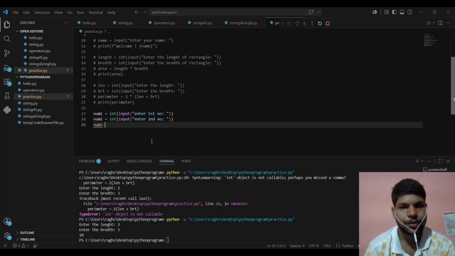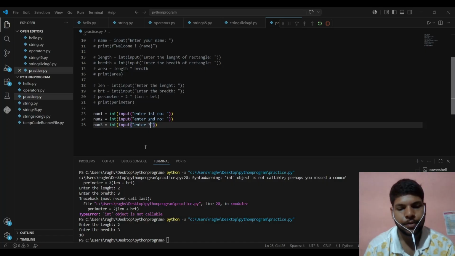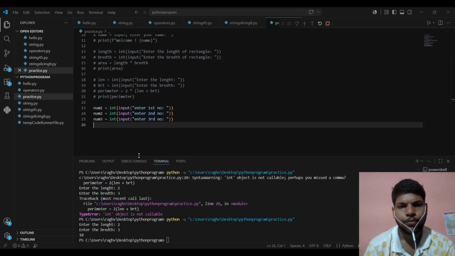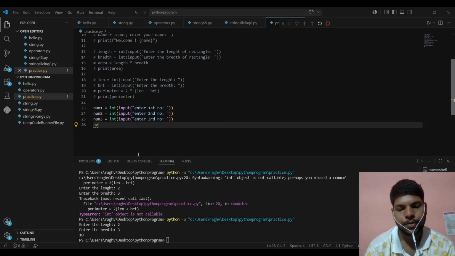Number three, int input, enter third number. Okay, what we have to do, we have to find the average of these all three numbers. So I am creating a third variable, average. What we are going to do, we will first find the sum of these three